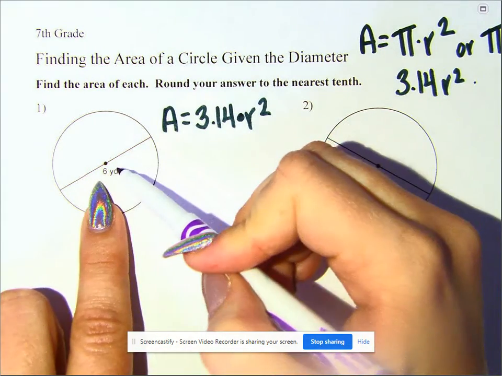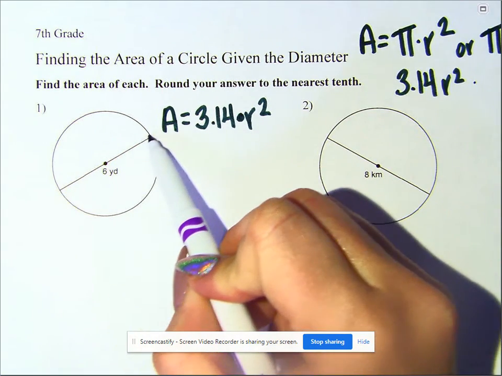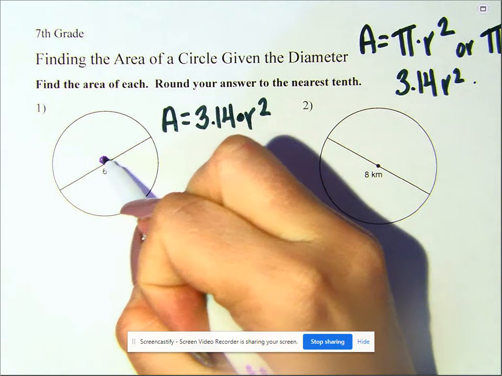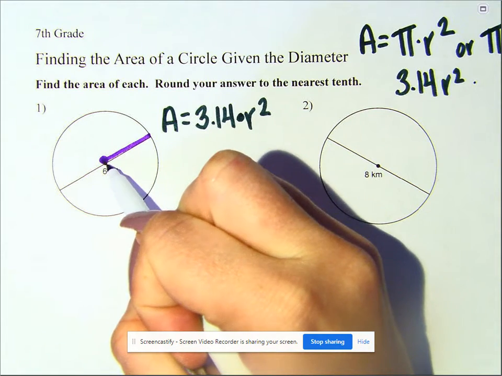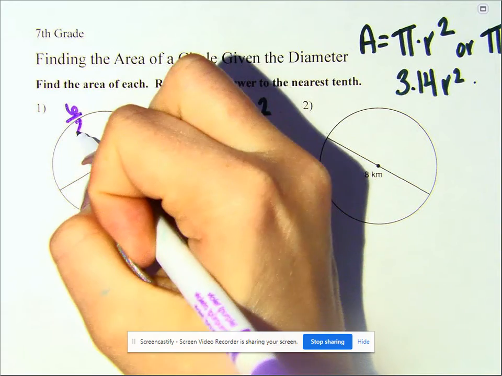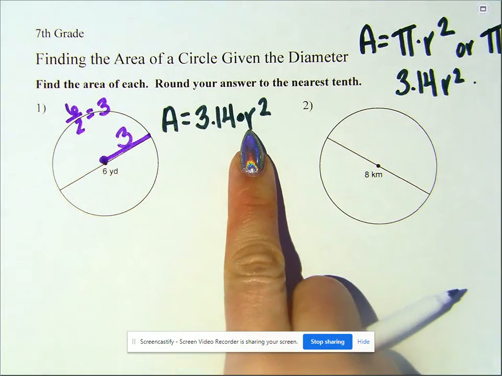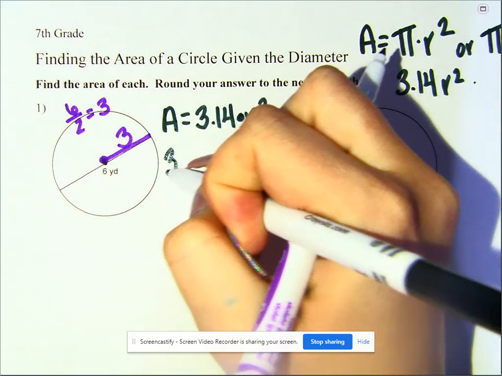The diameter is what is pictured. Remember that the diameter goes the full length across the circle, and the radius is only going to go half. So if the diameter goes all the way across, and that's 6, half of 6, or 6 divided by 2, is equal to 3. So my radius is 3, so that's the number I'm going to be plugging into my formula today. So I have 3.14